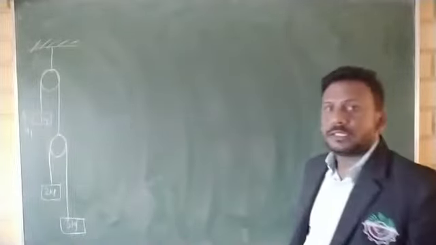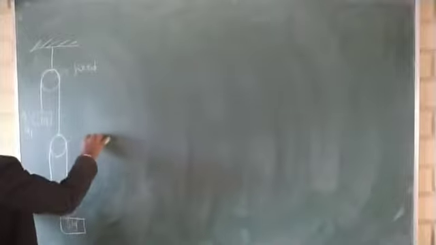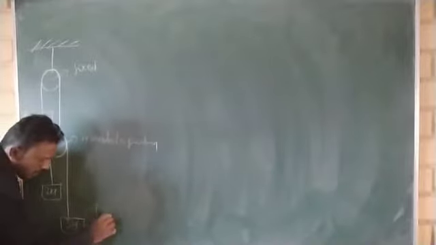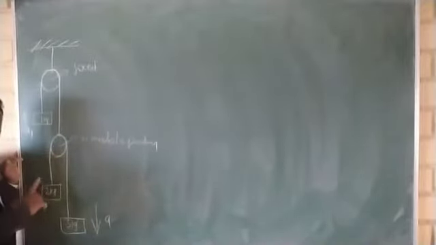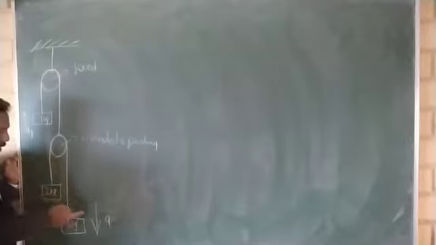Okay, this is the problem. Here, this one is the movable pulley, this one is the movable pulley, and this one is fixed. For example, if this block moves in the downward direction with acceleration a, what about this acceleration? Is it a or not? This acceleration and this acceleration are not equal because this is a movable pulley. How to calculate for this type of problem?